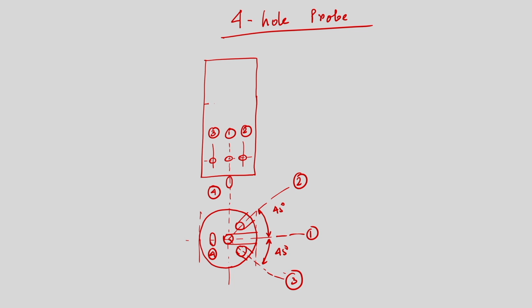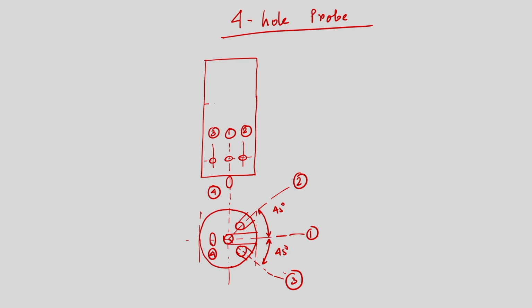If we try to recall, this probe is suitable for measurement of flow parameters, that is static pressure, stagnation pressure, as well as the velocity components, and it is suitable in places where the flow field is highly 3 dimensional, and also this probe can be placed in a region very close to the solid wall or solid boundary. What is done essentially, that is what we will discuss today. As I said, there are 4 different holes: the central hole 1, then holes 2 and 3, and these are connected.